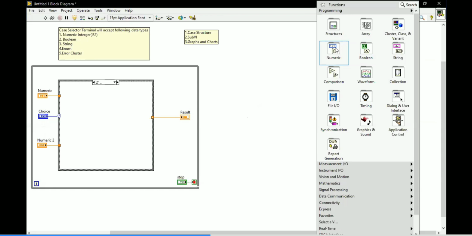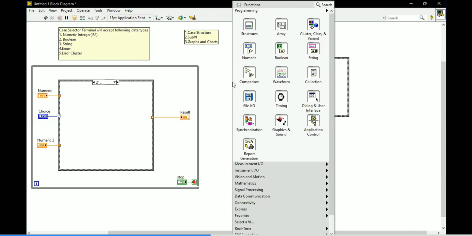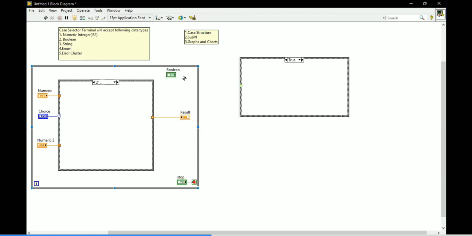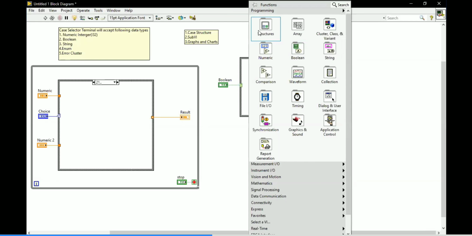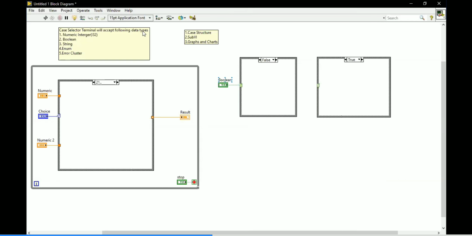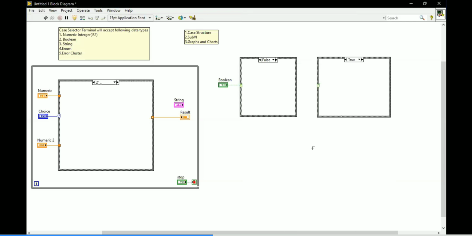Let me take one more case structure so that you have some clarity. For Boolean, right click on the front panel and take the Boolean control, and connect it, so you will get true and false available. In the same way for string, take the same case structure, take a string control.